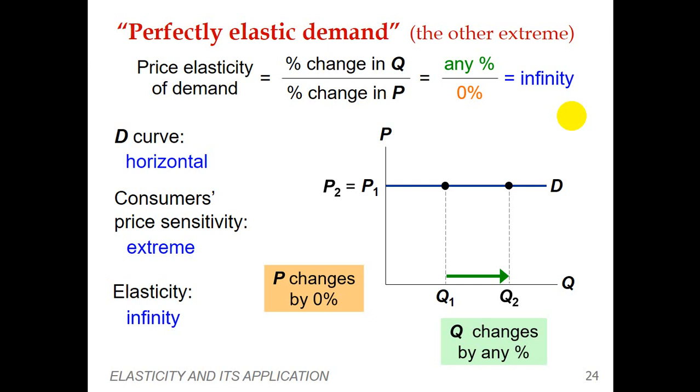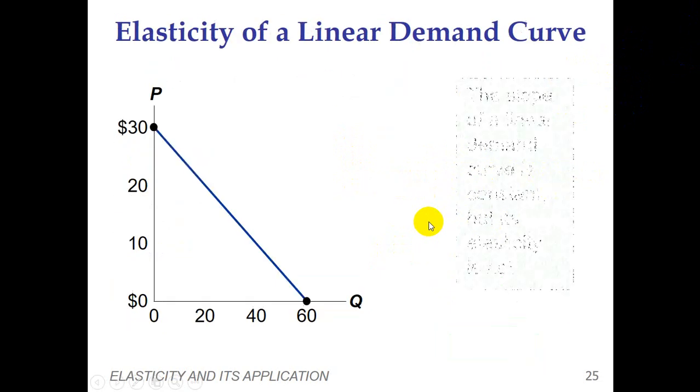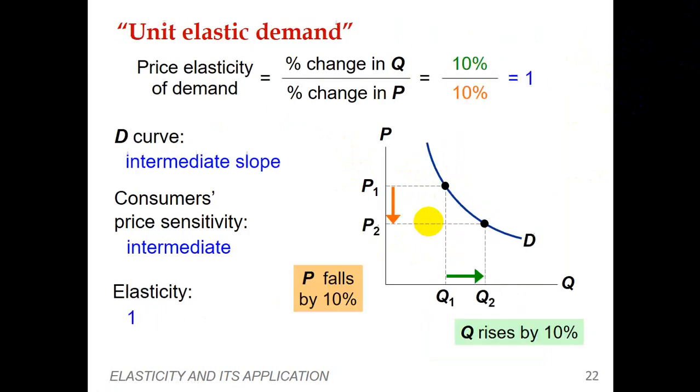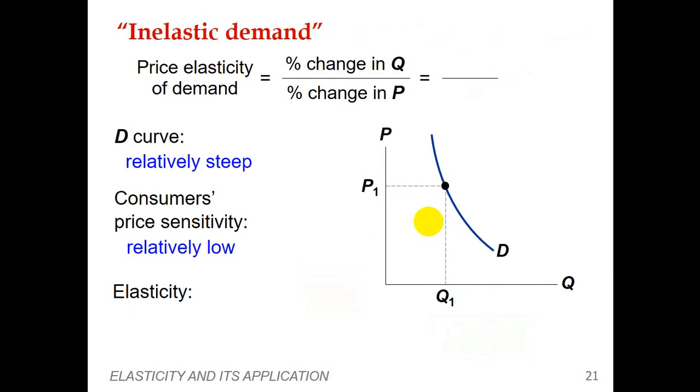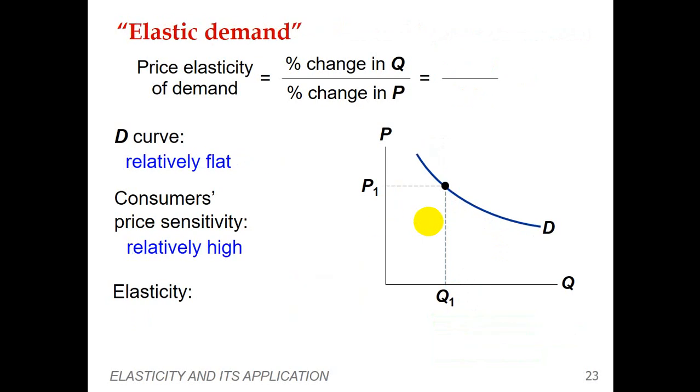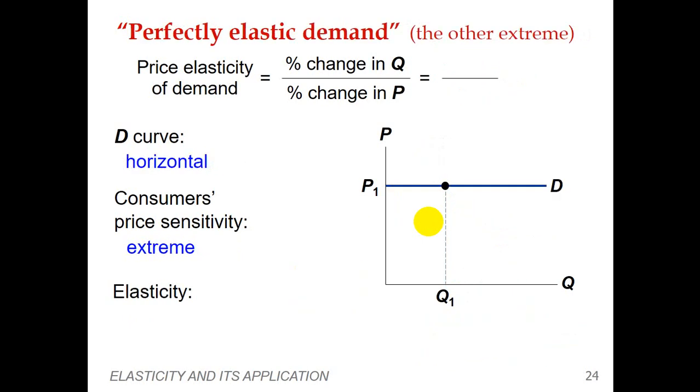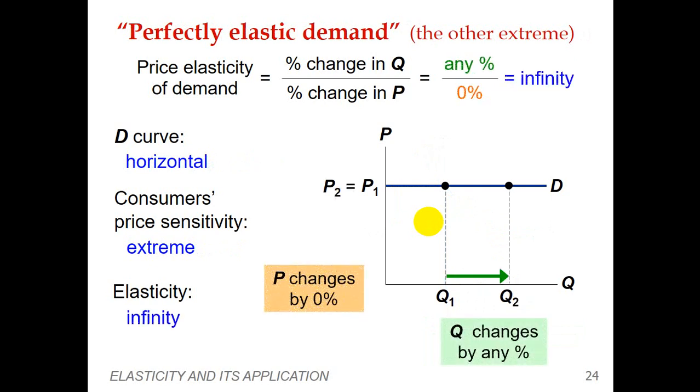You are not able to calculate the percentage change in quantity demanded due to the percentage change in price. So that's why the elastic demand curve is flatter, horizontal. In the case of an elastic demand curve, you have this shape. The first extreme case is the opposite of the perfectly elastic demand curve. It is vertical, no elasticity in it. But in the case of the perfectly elastic demand curve, you have this type of curve, which is horizontal. So here the elasticity is equal to infinity.